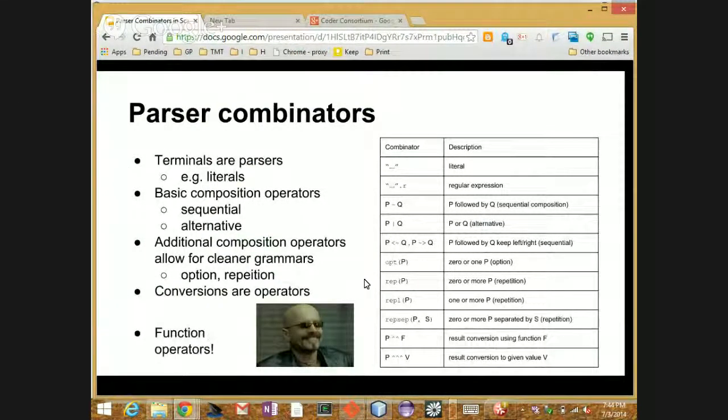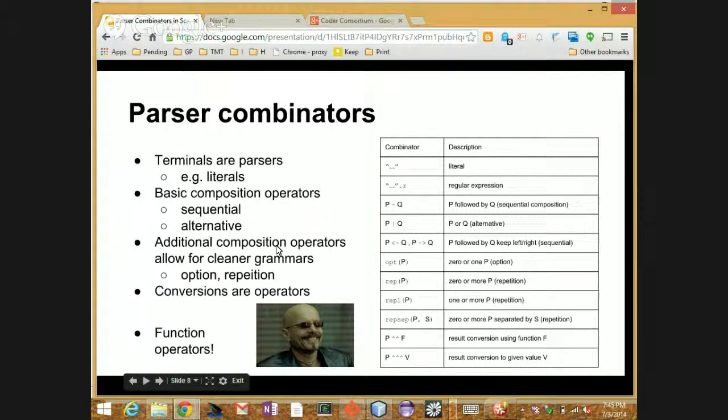So some of the things that you saw were sequences of things. I have to have open braces, followed by some things, close braces. That's a sequential operator. If you have choices where you could have said, oh, it can either be a string or a floating point number or something else, that's an alternative. So those are the two fundamental operators.